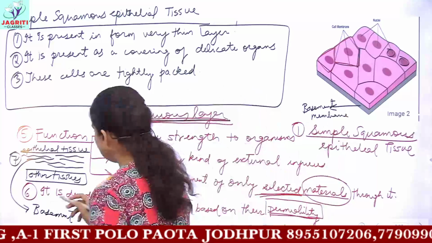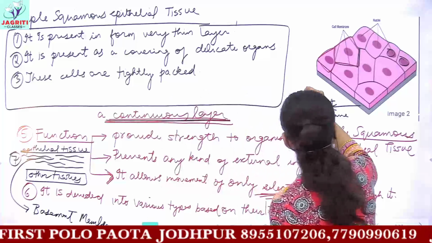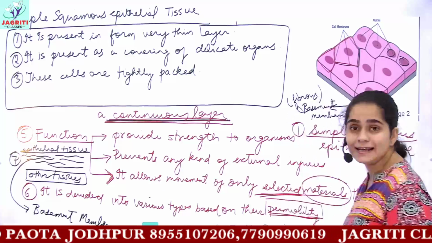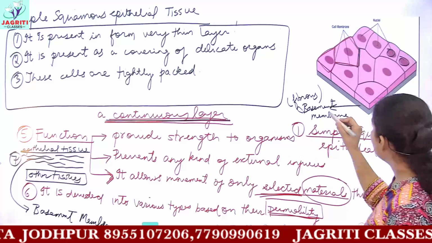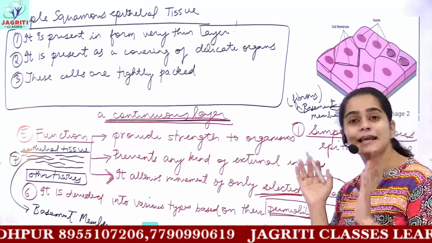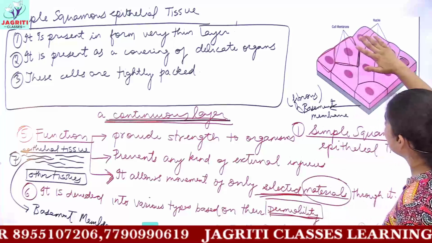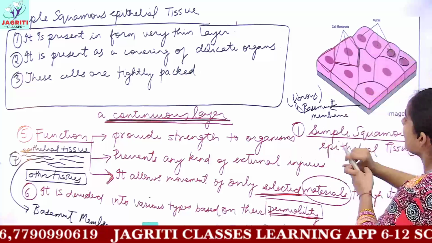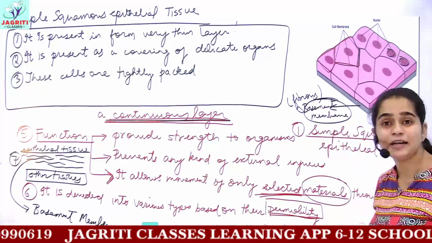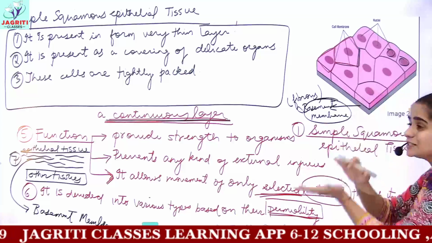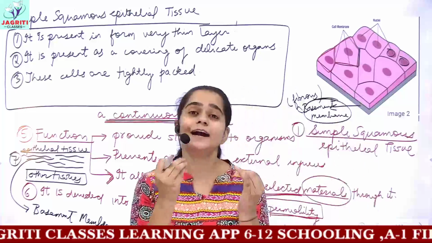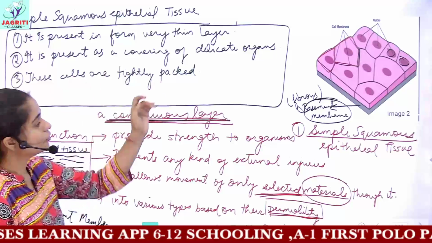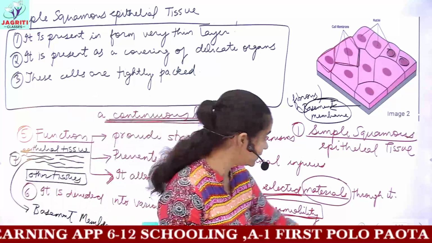And this basement membrane is fibrous in nature. Okay, basement membrane is fibrous in nature, and every time you will have the same arrangement. That is, first you will have the epithelial tissue on the outer surface. Below this you will have this basement membrane always, and below the basement membrane you will have other kinds of tissue in the body of the organism. So this is an account of simple squamous epithelium.